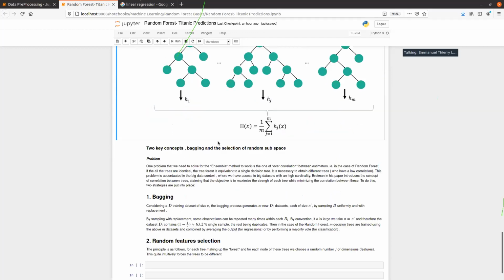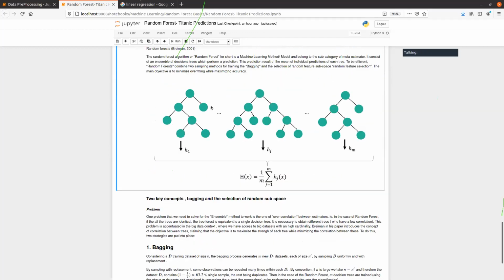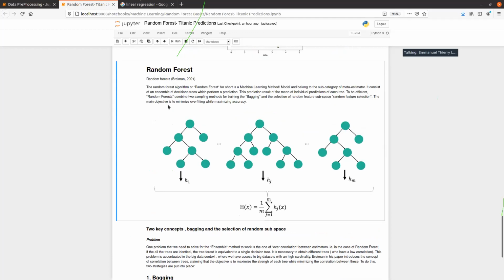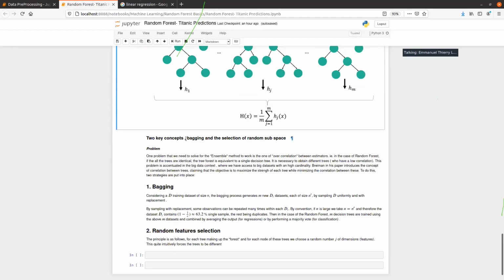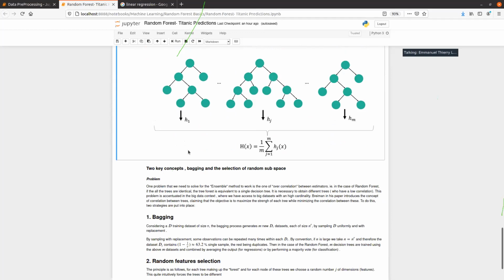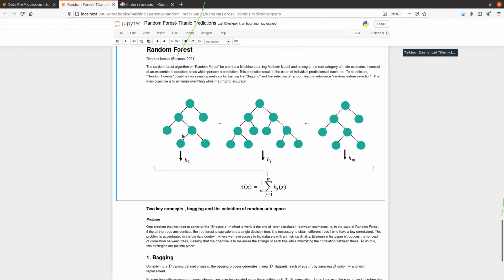So I don't want to go much further on random forest, but what I want you to embrace are two key concepts. Imagine that here you build an ensemble of trees like this in order to do a final prediction. The first tree tries to predict if the user is dead or not.